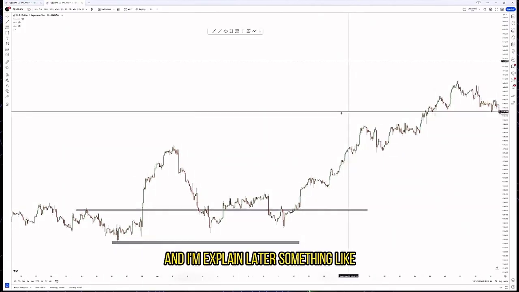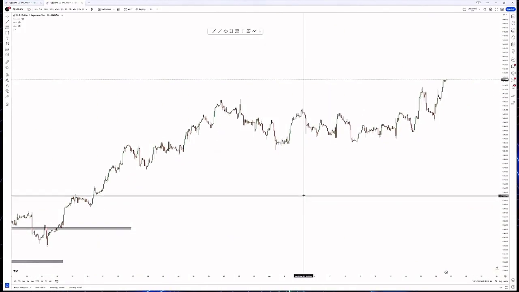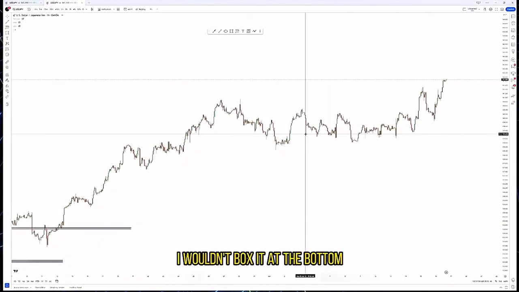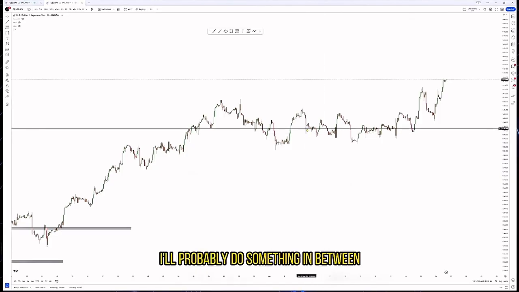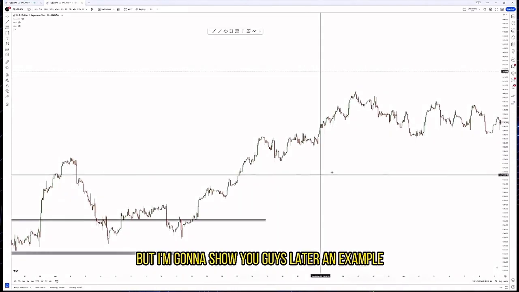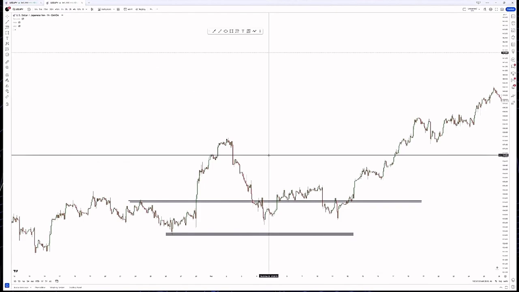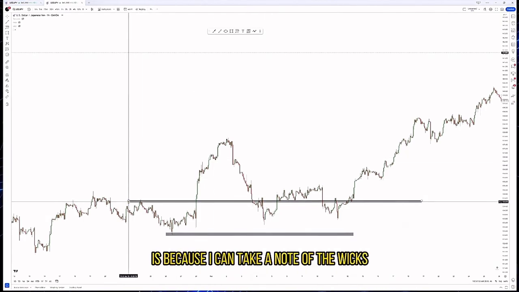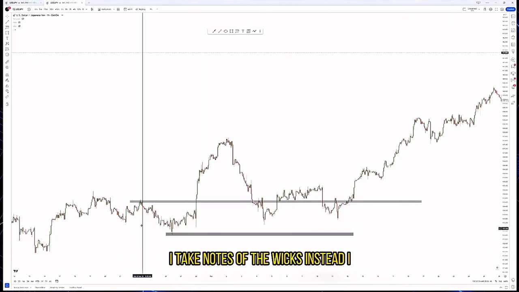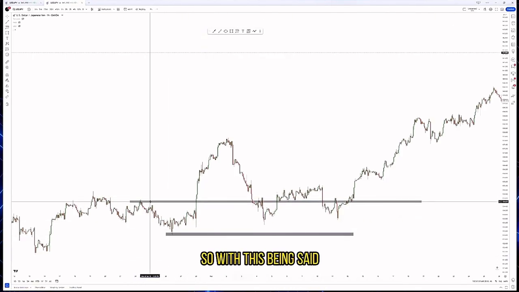And I'm gonna explain later. Some wicks like this, I wouldn't box at the bottom. I'll probably do something in between, but I'm gonna show you guys an example later. The reason I do that is because I can take note of the wicks. I take notes of the wicks instead. All right, so with this being said,